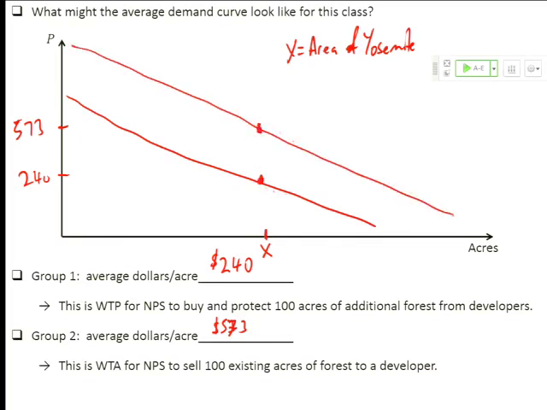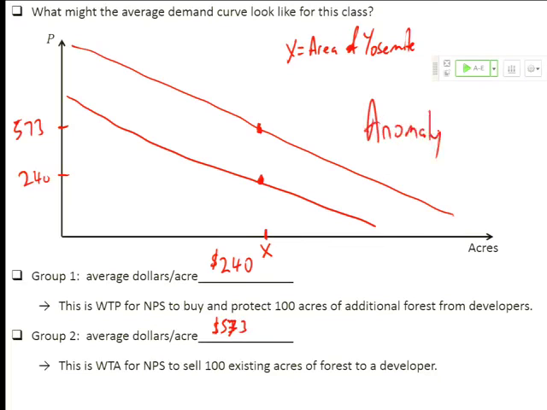And what we have here is suggestive evidence that there are actually 2 different demand curves in existence for wilderness forest. I'm trying to get as quickly as possible to the basic idea: here's a standard model that has the following implications. There should be one unique demand curve for any population for any particular good. And here we have evidence to suggest that if we know what we mean by willingness to pay and willingness to accept, and if you have a basic comprehension of your preferences for forest land, this violates the standard model. The standard model can't handle this. It doesn't predict it, it can't explain it, it doesn't fit. So we call that an anomaly.